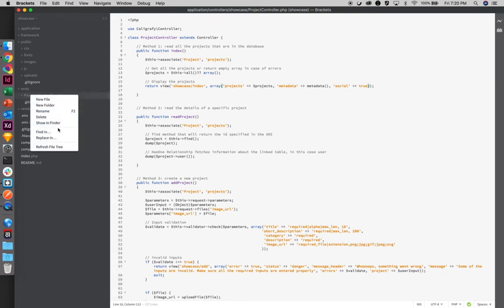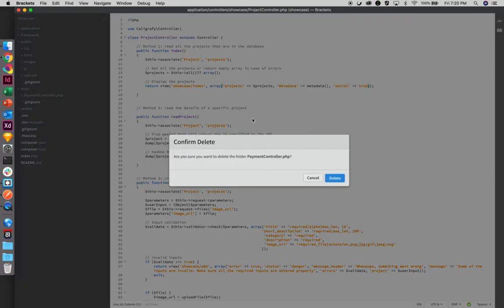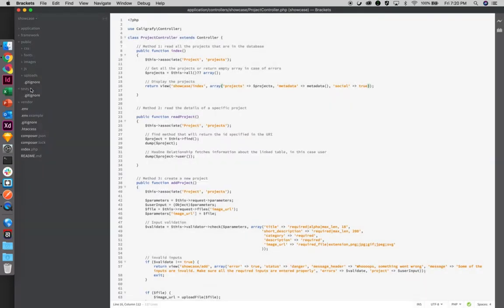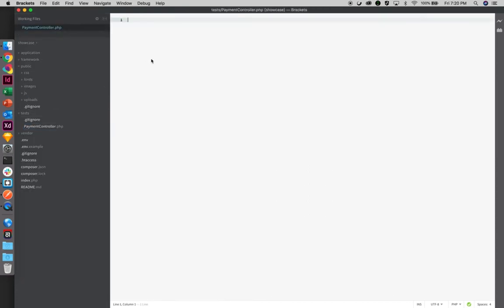Actually, by mistake, I created a folder, so I'm going to remove that one. I'm going to delete it. And we're going to say it's a new file. We're going to call it payment controller.php. And similarly to what we used to do in the application folder, we are going to do exactly the same thing here. So this is a payment controller,